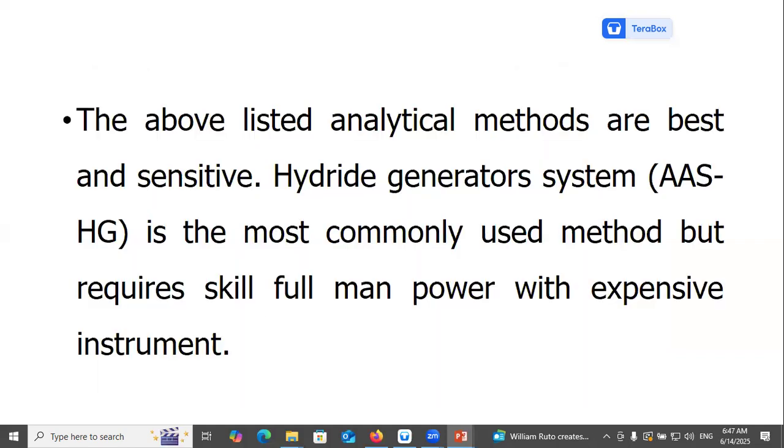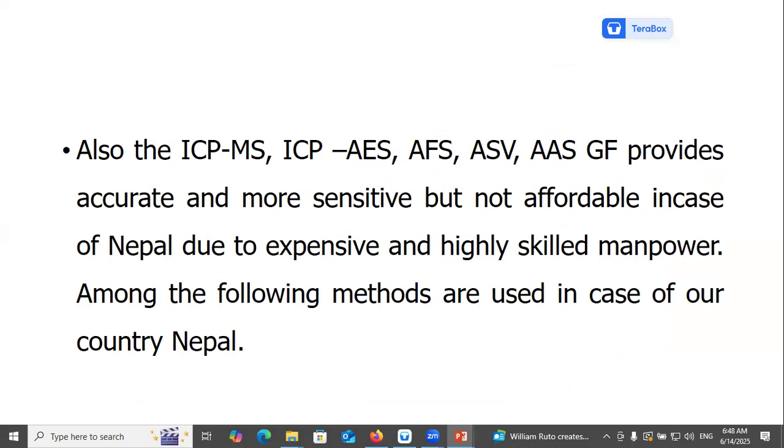The above listed analytical methods are basic and sensitive. Hydride generator systems is the most commonly used method, but requires skillful manpower with expensive instrument. Also, the ICP, mass spectroscopy, atomic emission spectroscopy, atomic flame spectroscopy,